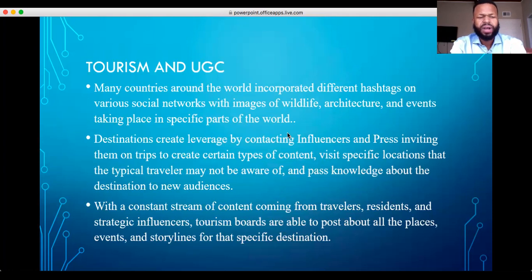With the constant stream of content coming from travelers, residents, and strategic influencers, tourism boards are able to post about the places, events, and storylines of a specific location, building a customer relationship and expanding the destination.